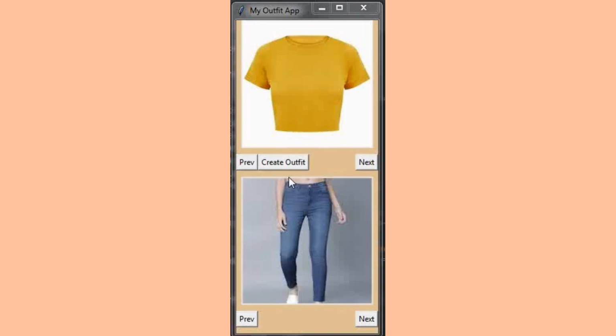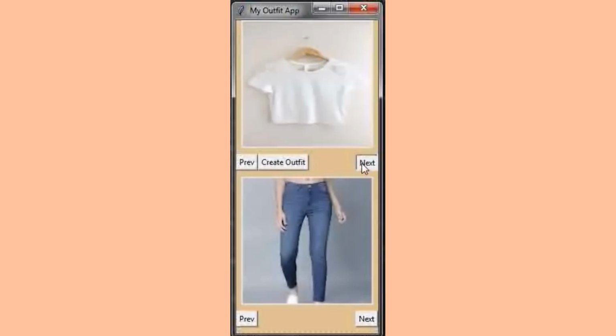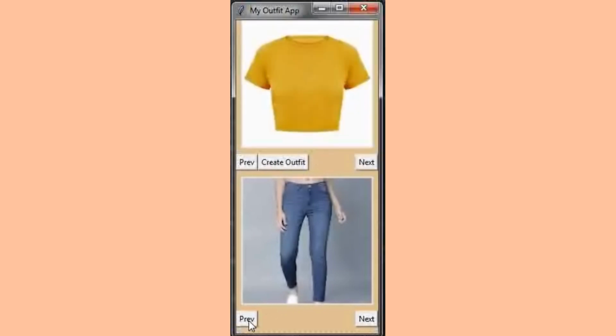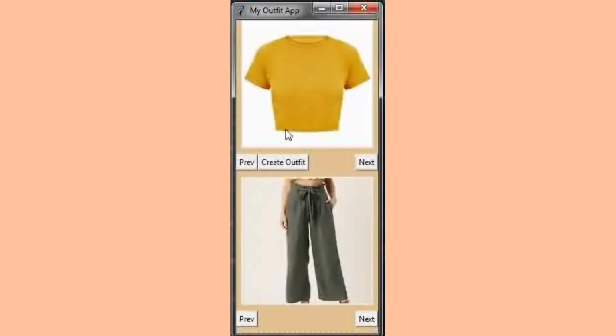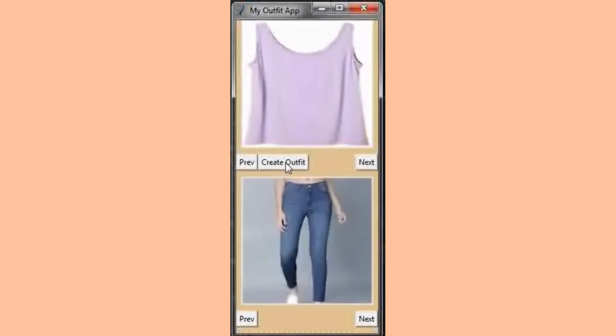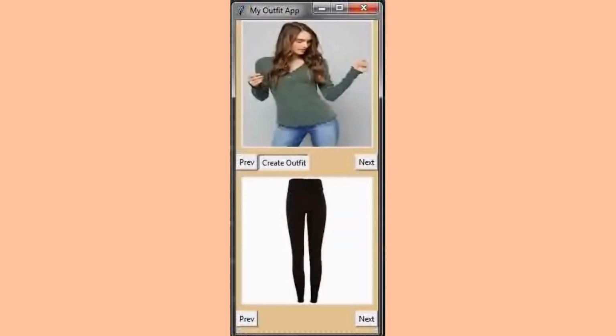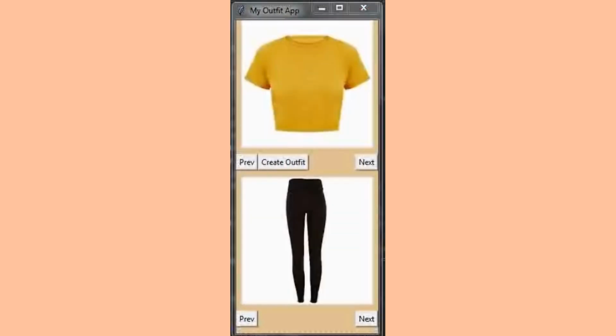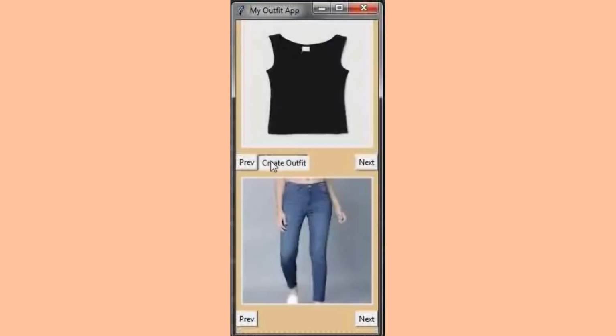Hello everyone, so let's make Automate Wardrobe with Python. Here is an app that can automatically choose what you want to wear in the morning. This is not going to take you much energy, it's built in the simplest and most minimalistic manner. Just upload all of your wardrobe once and sit back and relax. You don't need to worry about combinations or different outfits, and it will take care of it.